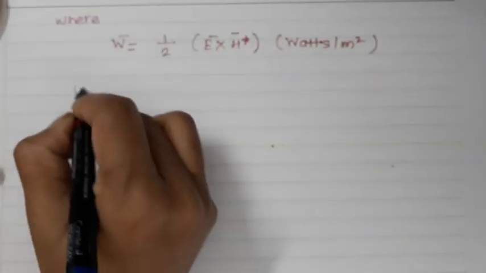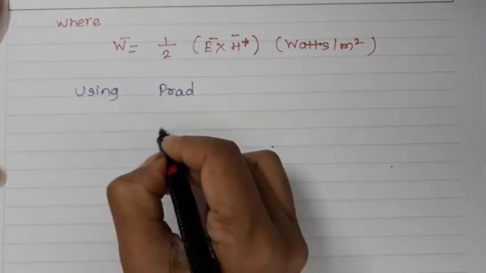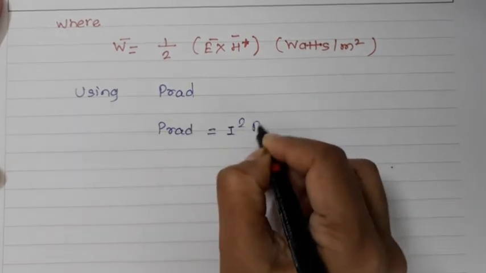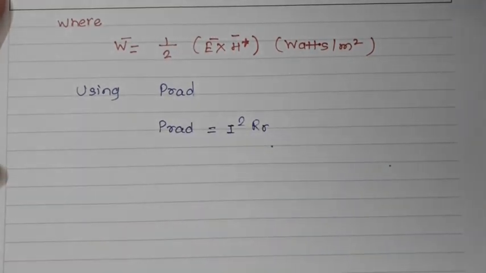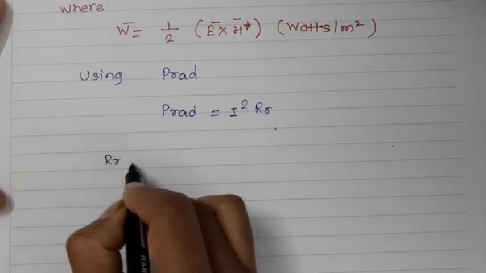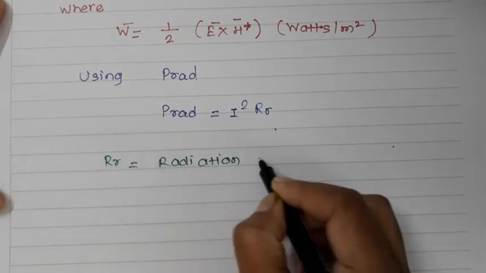So using radiated power, P radiated is equal to I square RR. So RR is nothing but the radiation resistance